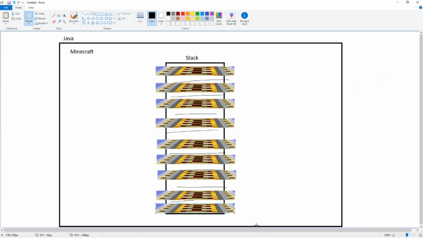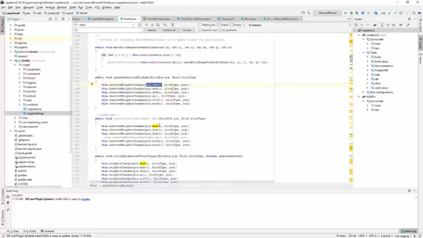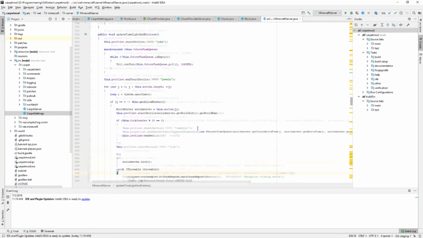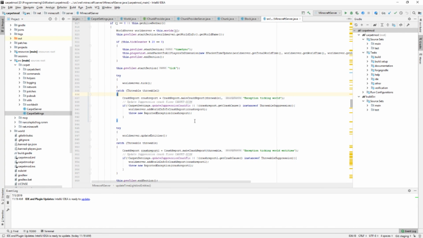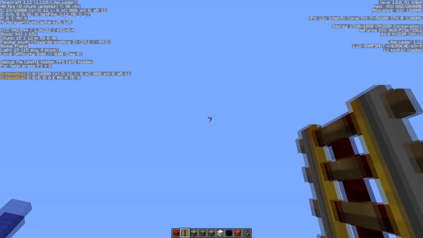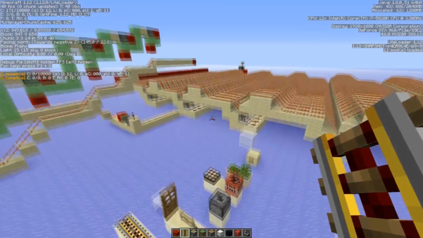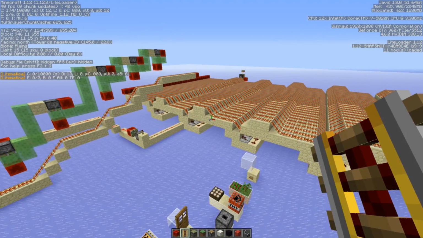It just goes like, the house is full. This game can't handle more rail updates. Let's shut this game down. That's basically what happens, and that's basically what this code over here in Minecraft is saying: shut the server down, we don't have any more room, we need to stop updating. And given that Minecraft doesn't know what to do when you're sending way too many updates, it just stops